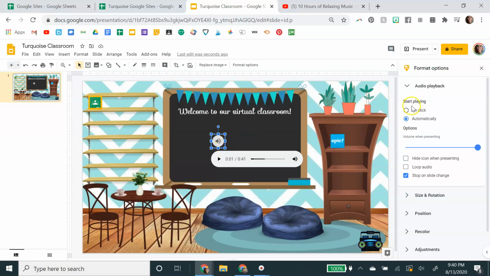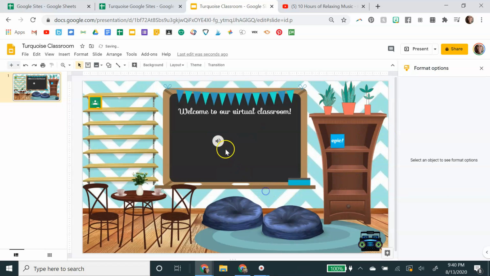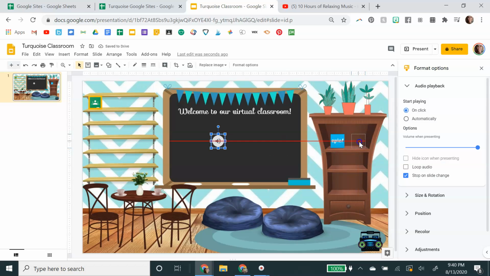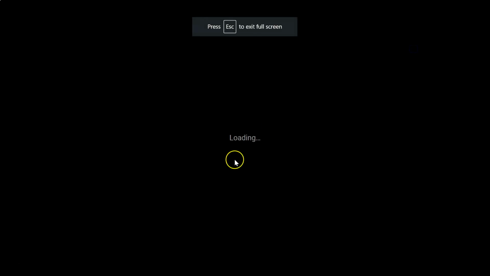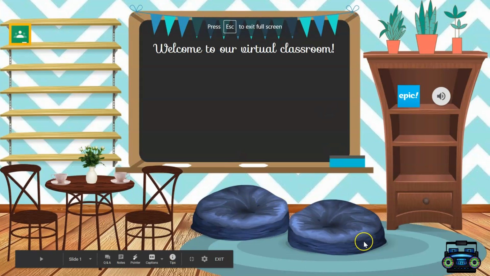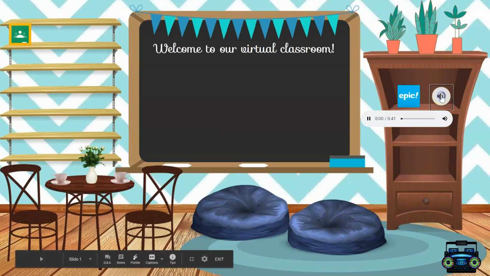The other option we can do is just put it on click, which means when they click that icon, the little sound button, then they're going to hear it. If they don't click on it, then they don't get to listen to it. So we'll see what that looks like. So here I went into present. Nothing is playing, no music, no sounds, but if I go over to the button and I push,